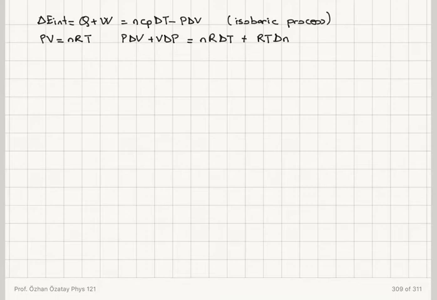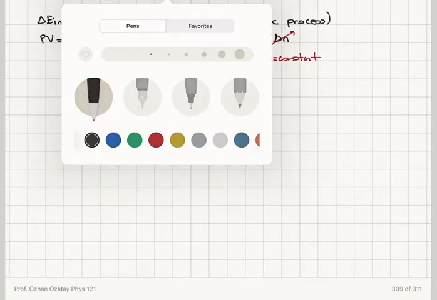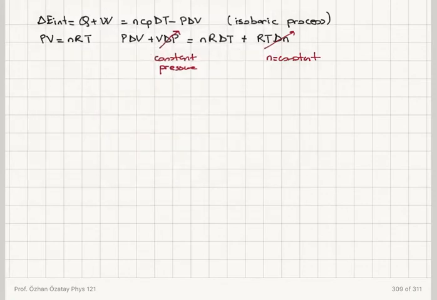But for the constant pressure process, this part is 0, constant pressure, and also this part will be 0 because n is constant. It's the number of moles. I'm not changing the amount of gas inside the container. So I find that at constant pressure, P delta V is equal to